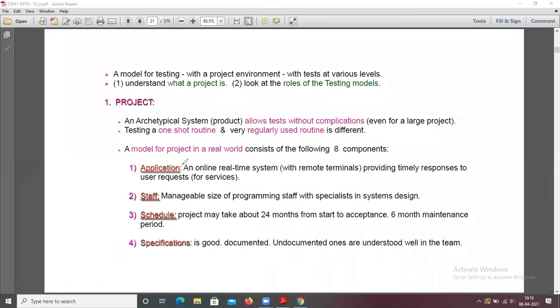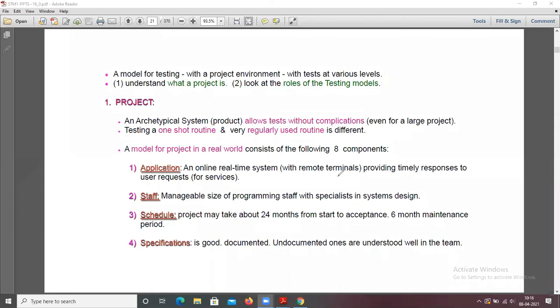So coming to application: an online real-time system with remote terminals providing timely responses to user requests is called an application. So that means any software you are going to install on an online real-time system with remote terminals.